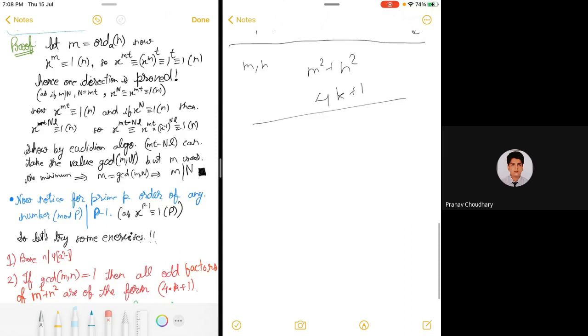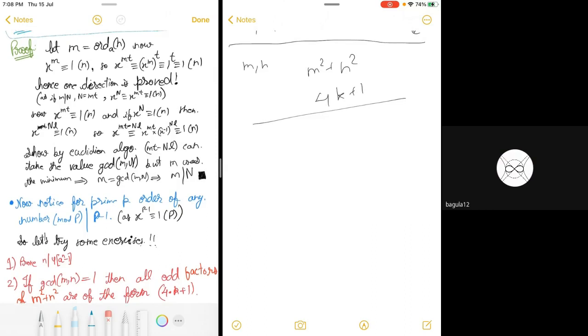Okay. So we should consider mod m or n. Well, no. In this question we need the order thing. We can directly use mod 4 and we are done, right? m square is congruent to 0 or 1 mod 4, and n square is congruent to 0 or 1 mod 4. So m square plus n square is congruent to 0, 1 or 2 mod 4. And odd numbers are 1 or 3 mod 4, so it is 1 mod 4.